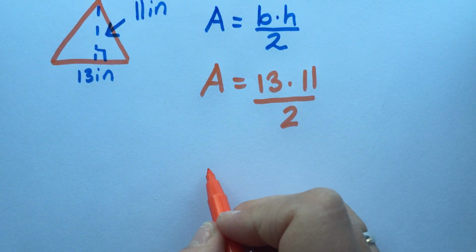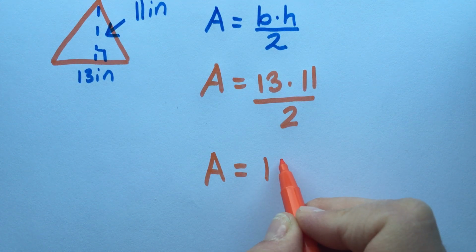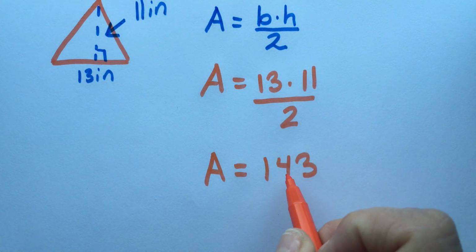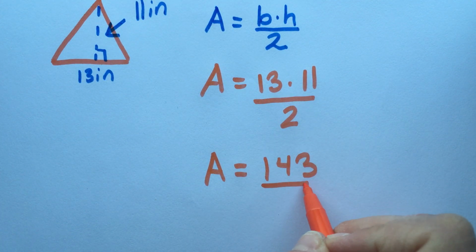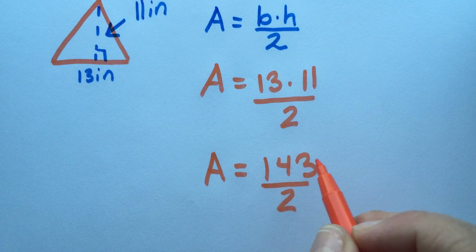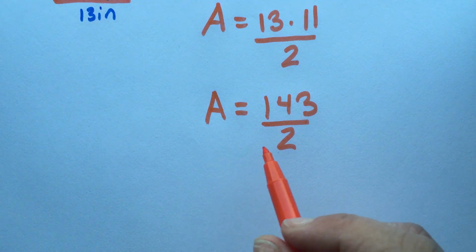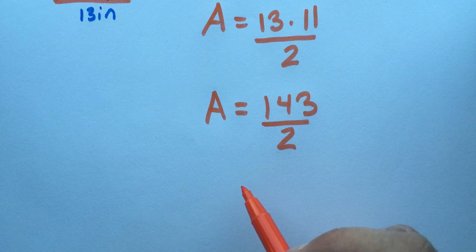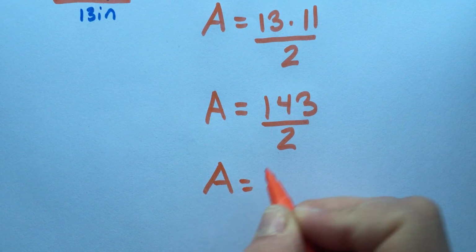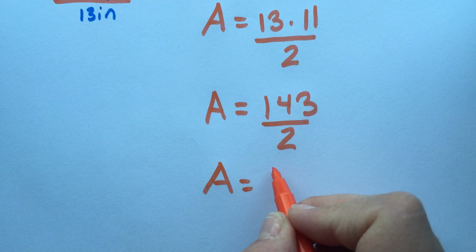Now I'm going to do the work. I'm going to use my calculator. I know that area equals 143. I'm using my 11's times tables trick there to help me out. Divided by 2. And that's the thing that kids forget to do most often, is to go back and divide that by 2. We don't want an area of a parallelogram. We want just a triangle, which is half the parallelogram. So area is equal to, I go back in my calculator, 143 divided by 2. I get